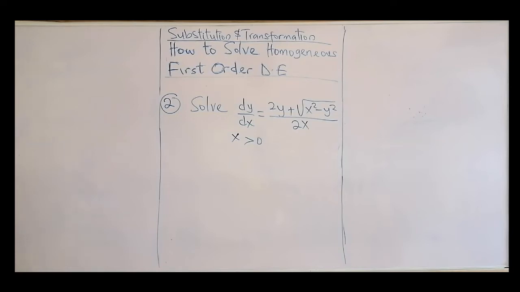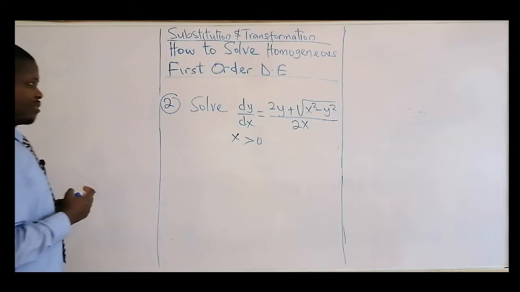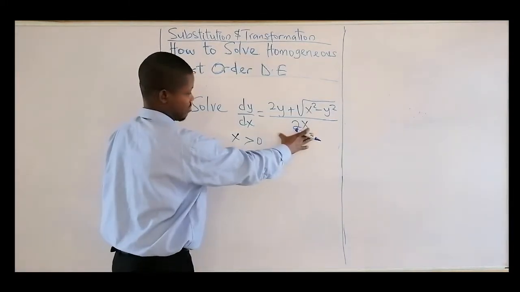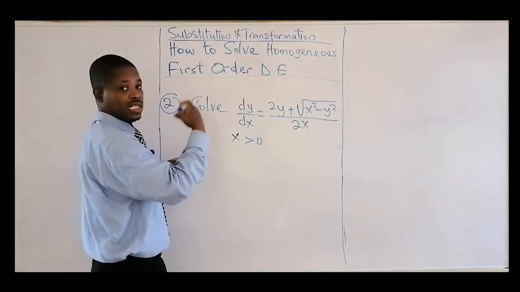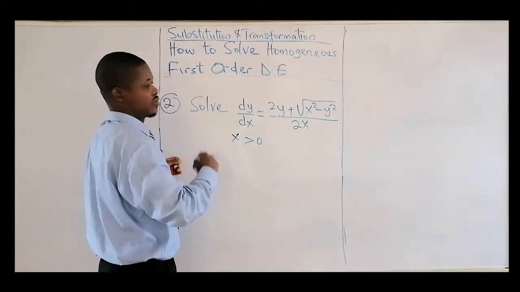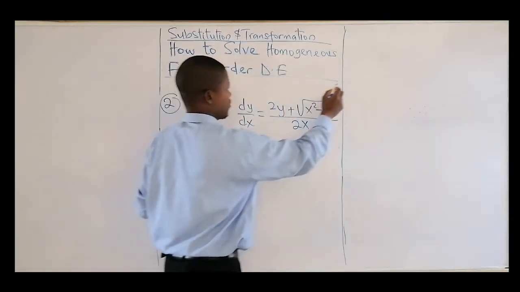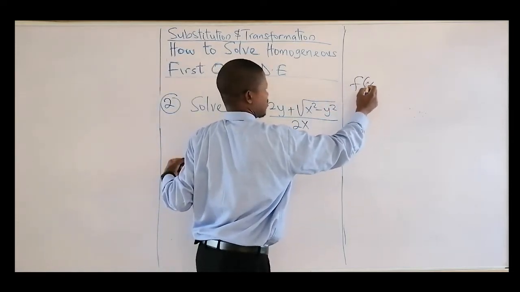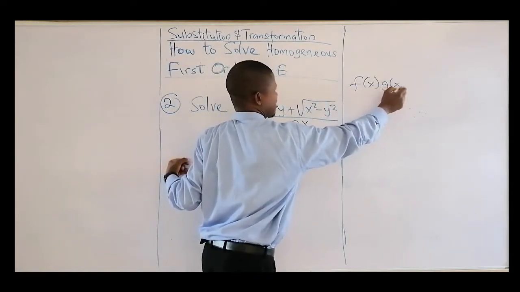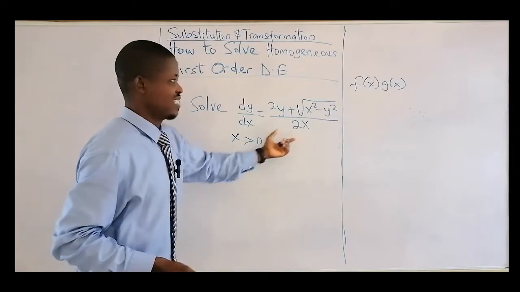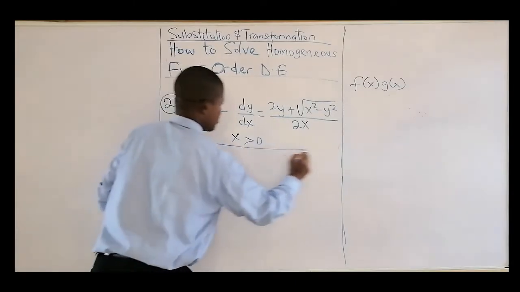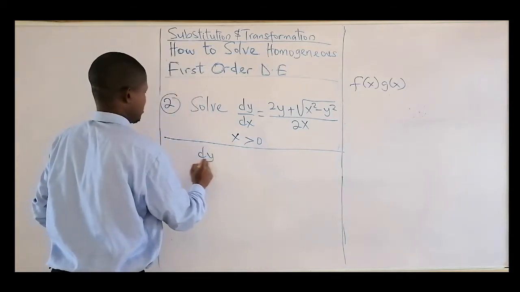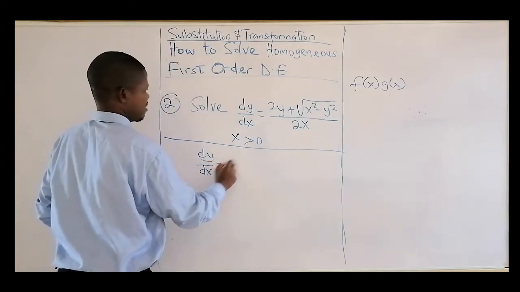So what do we do? At the beginning, you can't separate the variables. You can't separate the variables, but they just tell you to solve. If you want to separate variables, it must be of this form. We've explained that before, and it's not yet in that form. So if you look at it now, you can just go on with your dy dx.